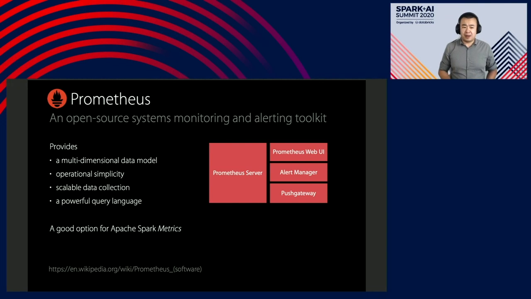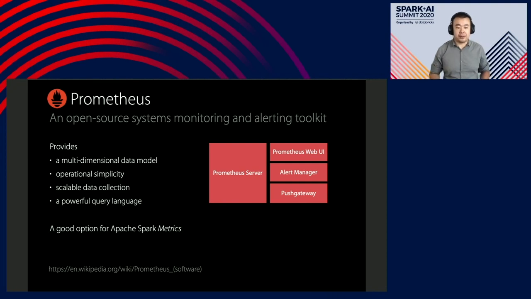We like it a lot, and it's a great tool to monitor everything from the REST service, database, whatever you can imagine that can run in Kubernetes, including Apache Spark. The architecture of Prometheus is pull-based instead of push-based. Prometheus relies on service discovery in Kubernetes to find the running job and scrape the metrics from the